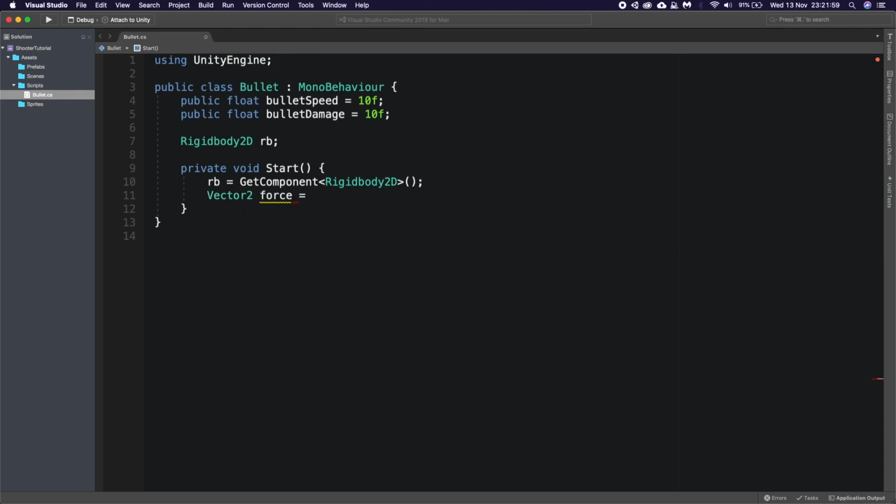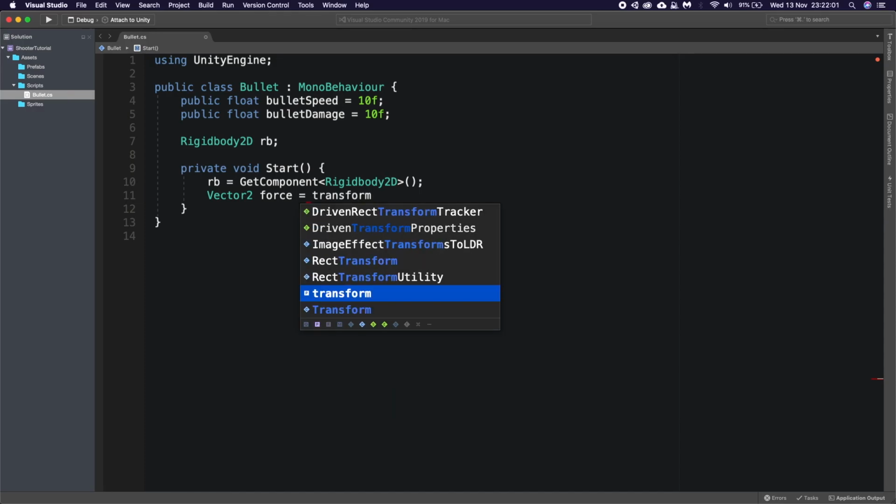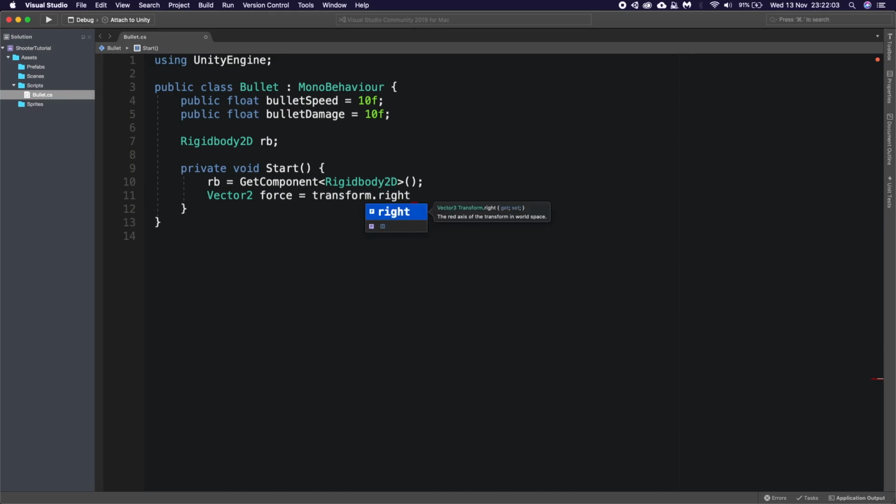We're going to set the force equal to transform.right, so it's going to find out our current local position and apply a force, which is equal to the right position. So when we place our 2D in there, the right position will be the positive in the X, but locally, using the 2D rotation of the current game object. I hope that makes sense, because it definitely does to me in my head.